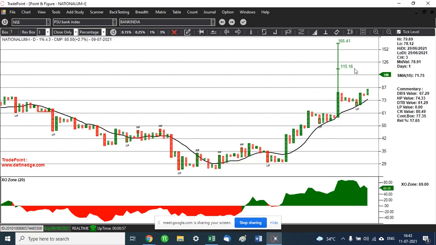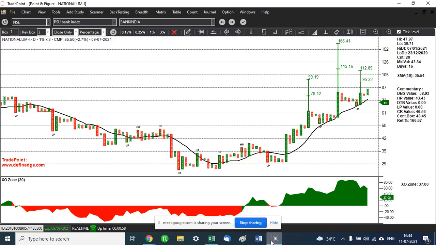The target it is generating is based on a multiple vertical count, which is the one that we are using. The more anchor columns give the target, the more confidence we get. So if 2 or 3 anchor columns give the same target, like you can see here, there are 2 anchor columns giving a target of 112 to 115, then this target is more than likely to be achieved, because you're getting a multiple cluster count of the same range of target. That is the work the software is doing. We just have to follow the target and the stop loss given by the double bottom sell.